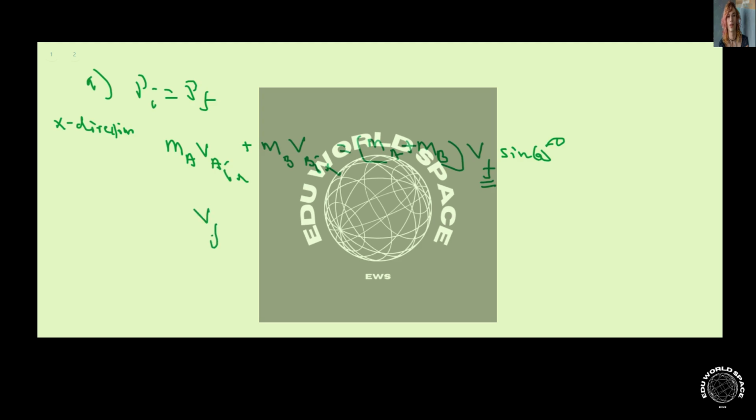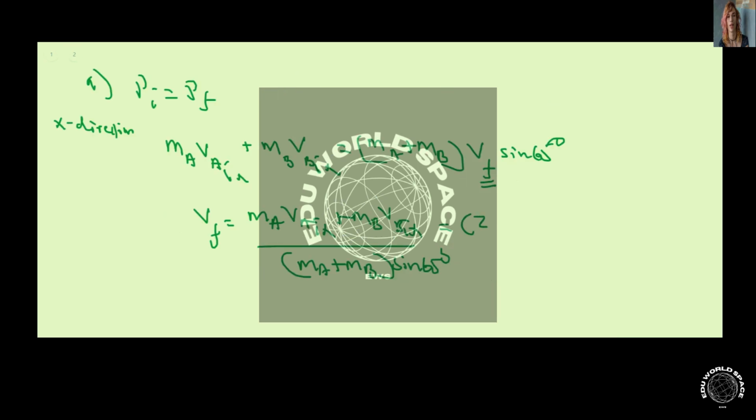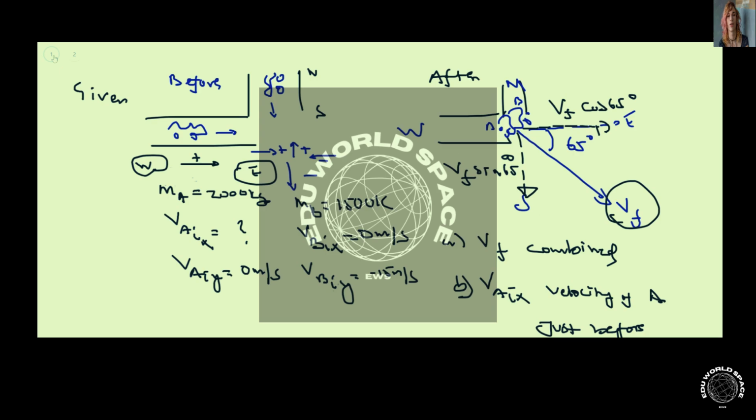You can see the V final is equivalent to the mass of A, velocity of A in the x, plus mass of B, velocity of B in the x, all over mass of A plus mass of B, sine of 65. We plug in the numbers, and going back, the mass of A is 2,000 kilograms, and then the velocity of A in the x is